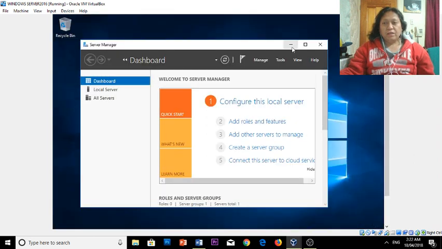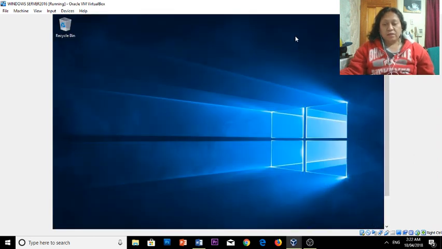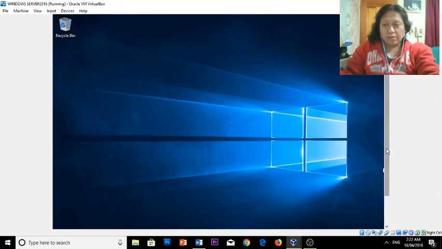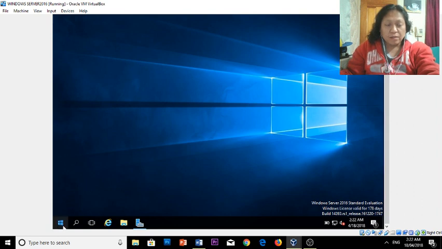After installing the operating system, it is best to harden the system before connecting the computer to the network to avoid threats and malware or attacks. So first, we're gonna update the patches